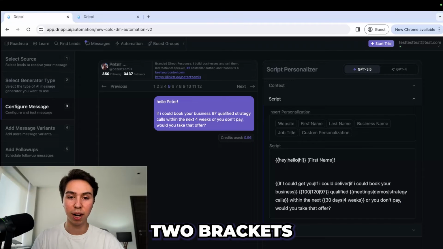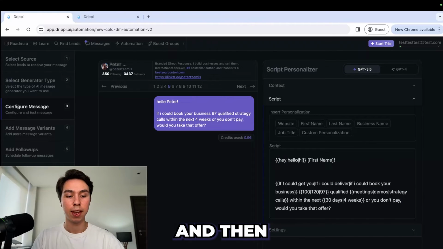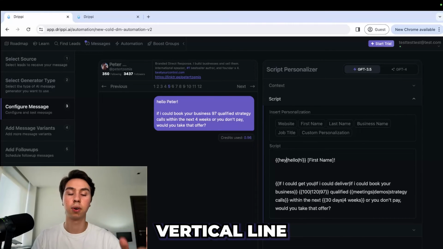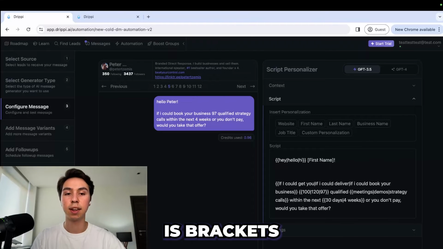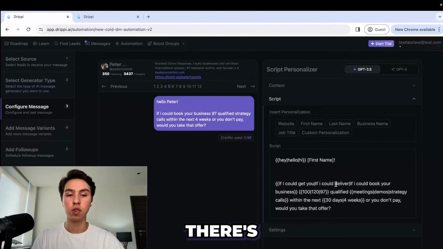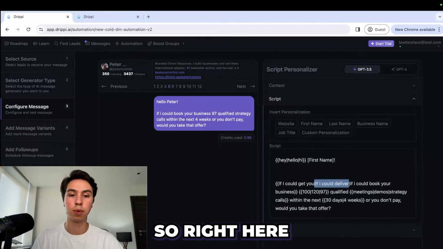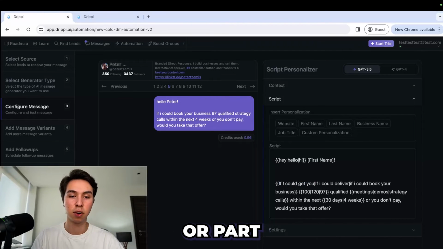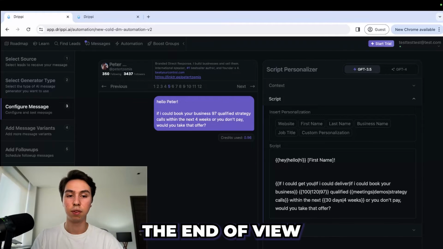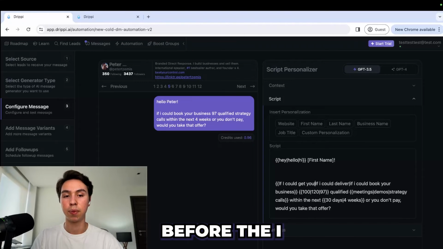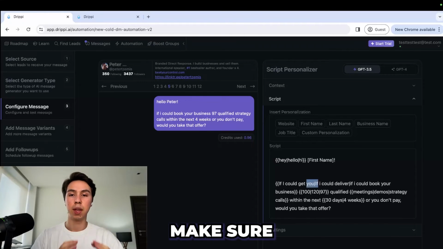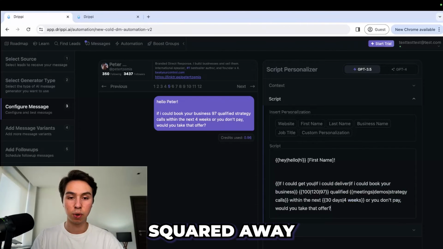The setup is just 2 brackets, no space, option 1, and then the vertical line, option 2, vertical line, option 3, vertical line, option 4, 5, 6, whatever it is, brackets, and then you can go into whatever. There's no spaces right next to the vertical line, but you can have spaces within options, right? So right here, I have, if I could get you, right? And then there's spaces because it's just a sentence or part of a sentence, and then there's a vertical line, but there's no space between the end of "you" and the vertical line, and before the "I" in "if", right? So you just want to make sure you have everything super, super squared away with the right format,